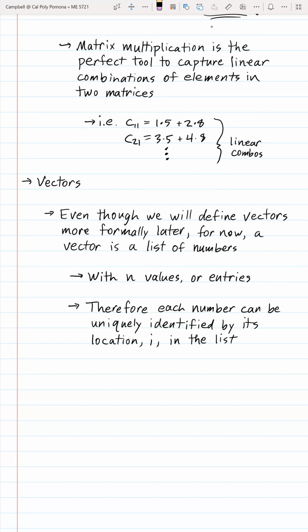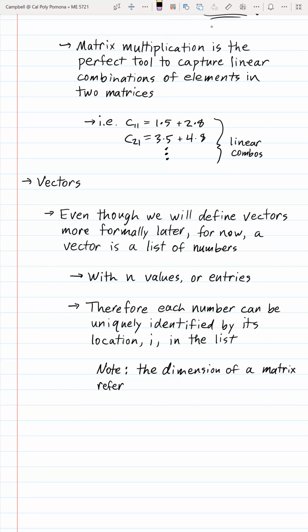So bringing in this idea of dimension, though, we can say that the dimension of a matrix